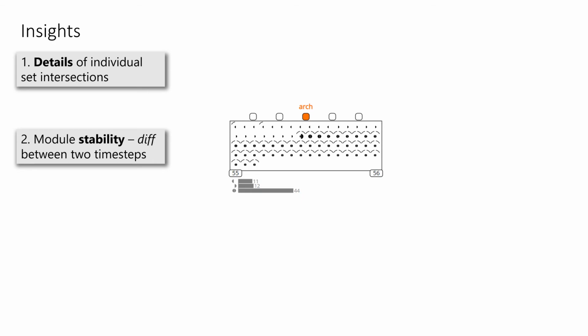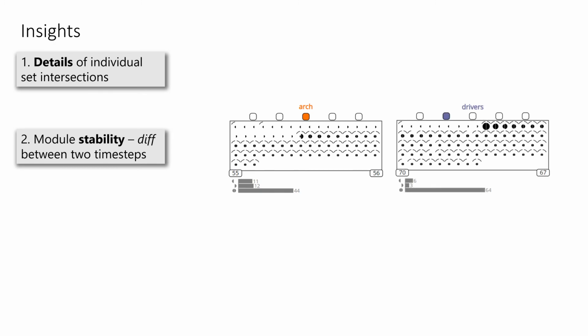The second insight we get is about comparing the stability of contributions in 2 modules across 2 time steps. We select the diff view between 2016 and 2017 time steps and focus on the Arc module, which had the least change in terms of cardinality. However, change in cardinality alone is not a good indicator of stability. On a closer look, we see that the Arc module has many semicircles. The horizontal bars beneath the rectangle show that 11 previous committers dropped out. The cardinality remained stable because 12 new developers came in and contributed to the module.